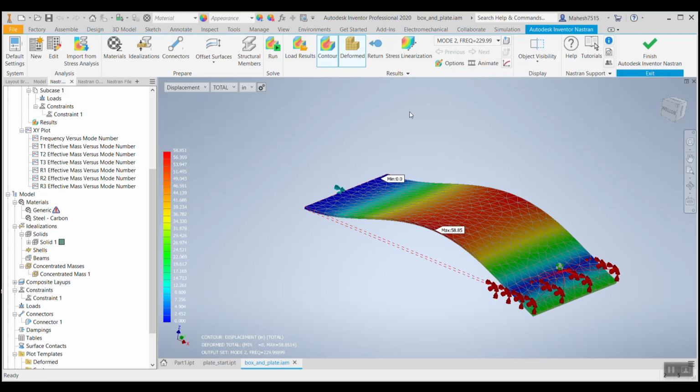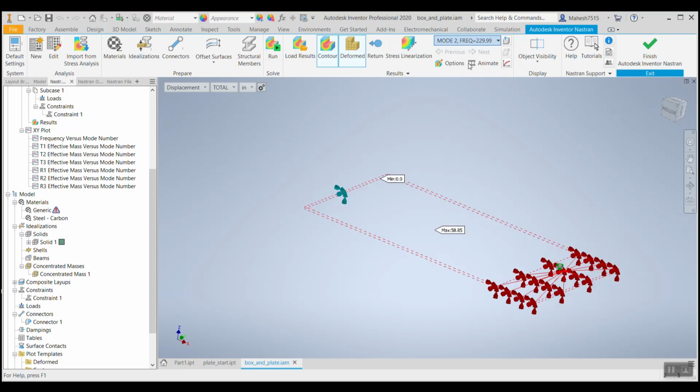If you are seeing mode number 2 as your final result, that will be your maximum deflection. In the previous example, it showed mode number 10, so that was your final result, that is it had maximum deflection. Whereas here, for a given range, your mode 2, that is frequency 229.99 hertz, is the maximum frequency that a part can handle. And we'll go and check what the minimum is. So minimum is 177 for a given set of concentrated mass and a plate.